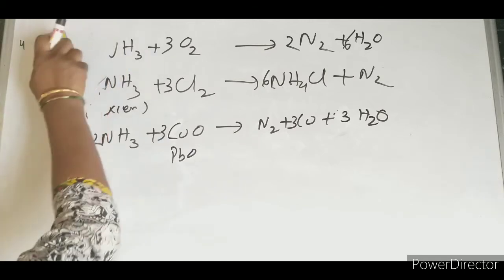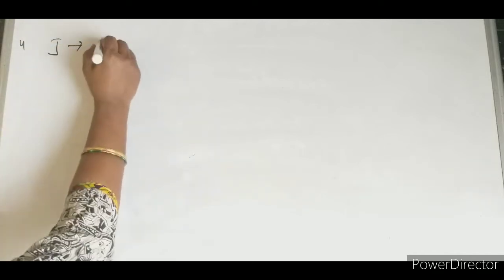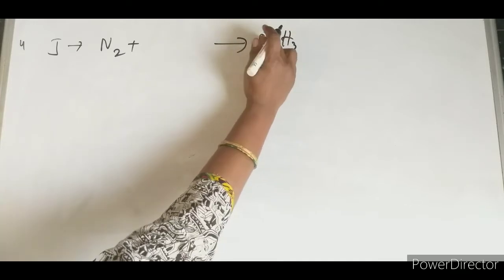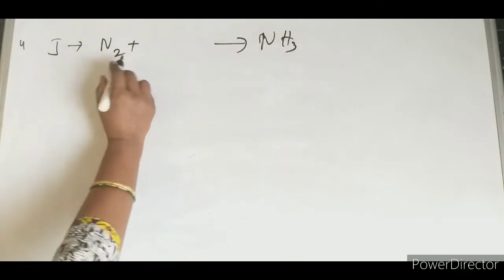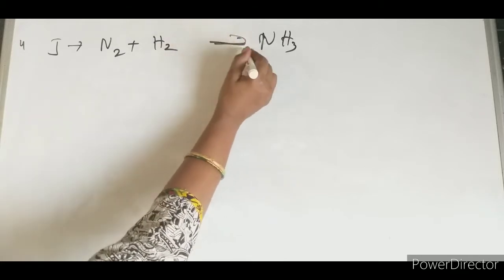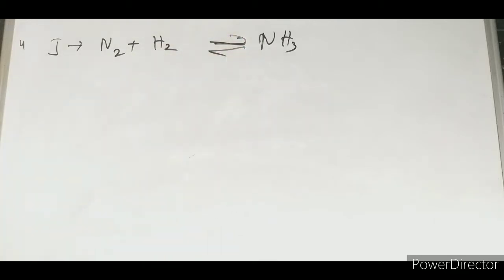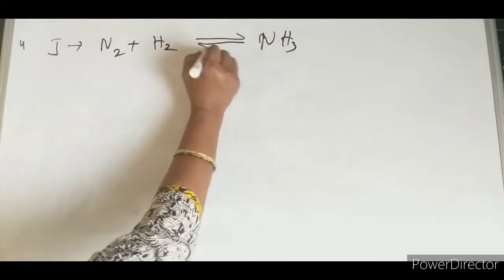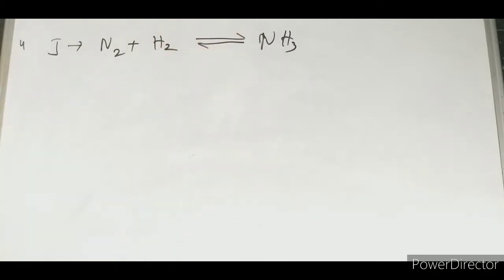Then another one will go for I, then we'll go for J. What is J given? J is the easiest one only. So J, from nitrogen something will be added, so this one will be ammonia. So what is it? It will be Haber's process. So nitrogen, hydrogen. So here what to do? All the conditions you have to write. If you will not write all the conditions, you will lose marks.